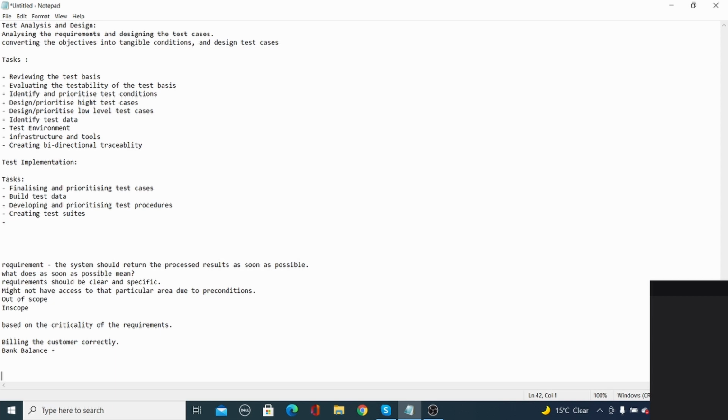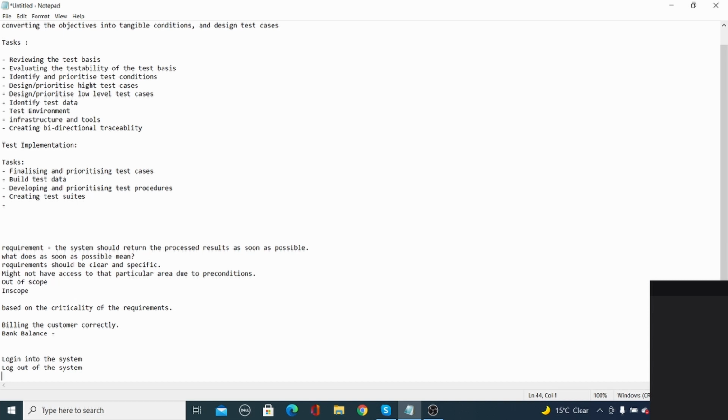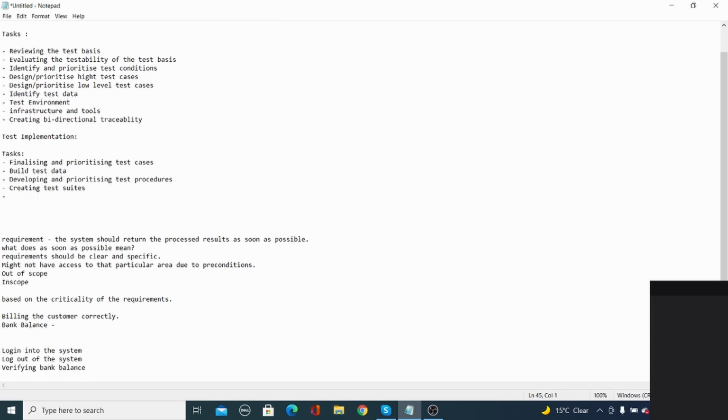So let's do one process. First, login into the system. You have one test case. For this requirement, I'm writing, then verifying bank balance. This is one test case. It won't be like this, but this is the title of the test case.